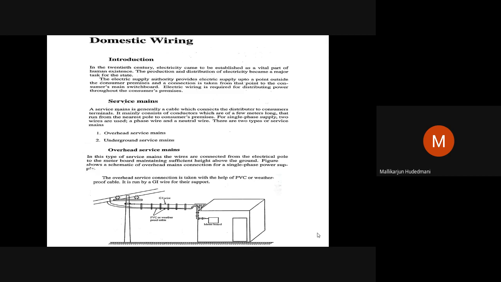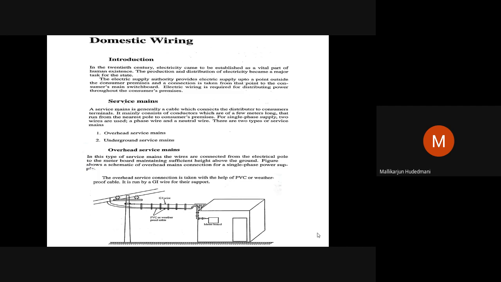Then it can be again branched into the parts. To function, all the electrical equipment which you have installed requires power. So that end connection, inputting power, takes place through the energy meter. The energy meter is an equipment installed in the meter box, which accounts for the consumption of power over a period of time. That is, power into time is the energy. So that energy bill we need to pay to the authority.